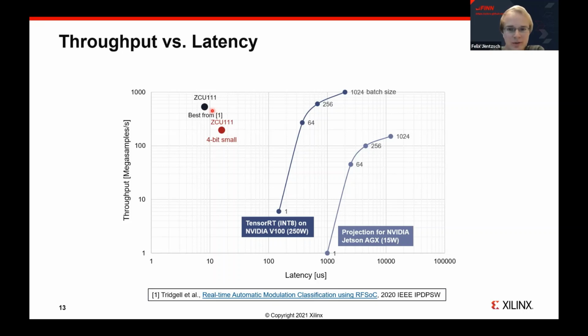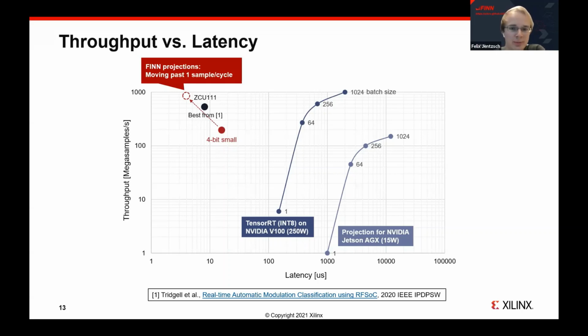And this black dot here represents the current state-of-the-art FPGA accelerator from this IP DPS paper by Trickdale and others. And this also uses the VGG10 in a mixed precision variant and uses a custom flow to map this to hardware. And its accuracy is actually significantly worse than our prototype. And we also think that we can beat this competitor solution by moving past our current bottleneck. And we did some performance projections. And if we can overcome this one sample per cycle limitations, we believe that we will end up somewhere around here and beat this 500 megasamples and 8 microsecond latency solution.